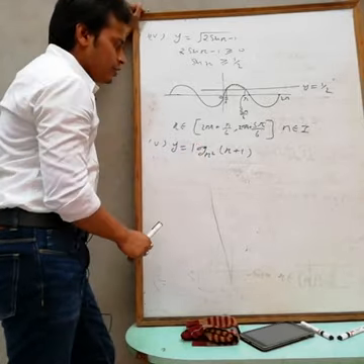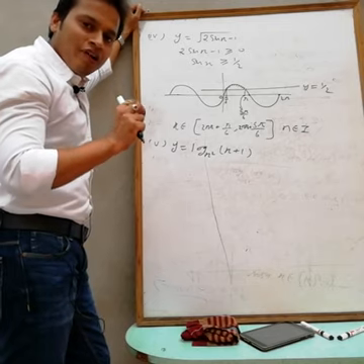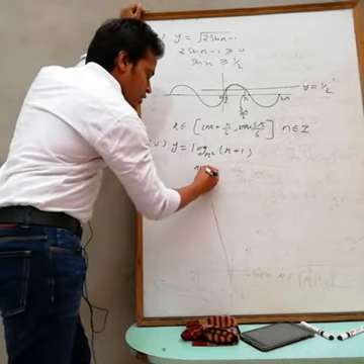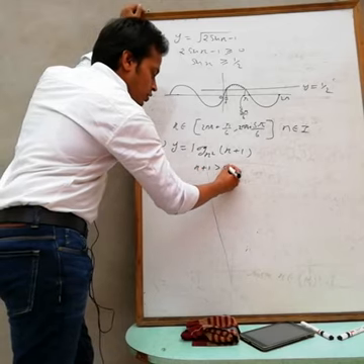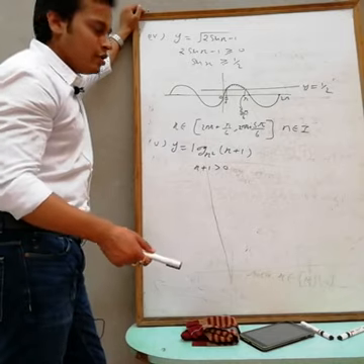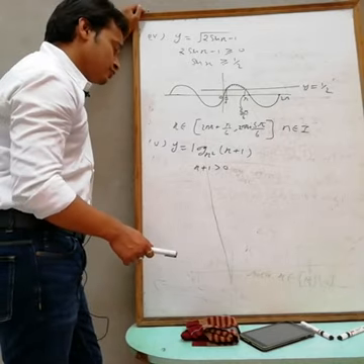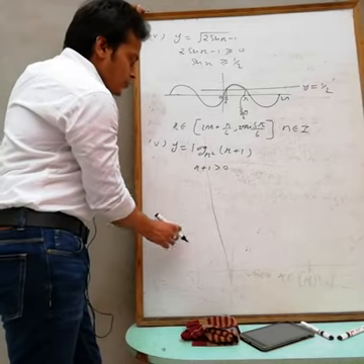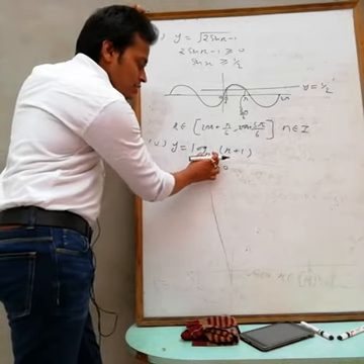The condition for logarithm is that it is only defined for positive values. So first condition for x plus 1: this x plus 1 must be greater than 0. You can't take it equal to 0 either, because log 0 is not defined. So x plus 1 is greater than 0.